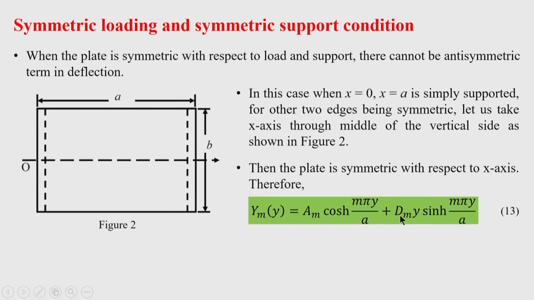Okay. But when an antisymmetric condition exists, then we will keep a m b m sin hyperbolic m pi y by a plus other terms, say c m y cos hyperbolic m pi y by a, because in that case y is antisymmetric and cos hyperbolic is symmetric. So, the product of an antisymmetric and a symmetric function is again antisymmetric. So, accordingly, after knowing the nature of the function, now you have completely known, because I have also shown the graphical representation. So, you can take appropriately the symmetric terms or antisymmetric terms.